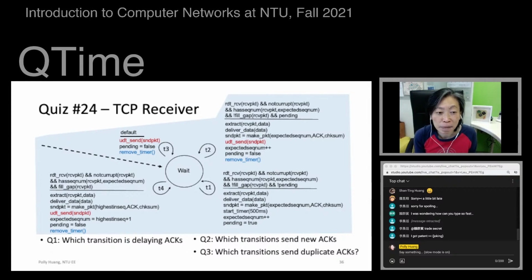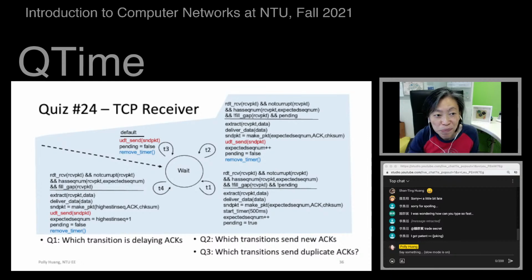We'll be generating an ACK, but we will also be starting a timer, 500 milliseconds. Only when the 500 milliseconds times out do we send the ACK packet out. So T1 corresponds to event number 1 in the delay ACK TCP receiver.